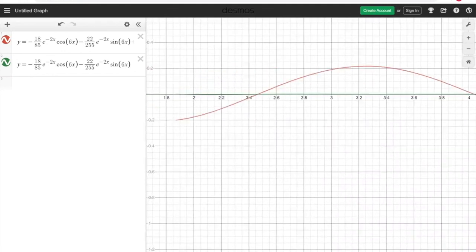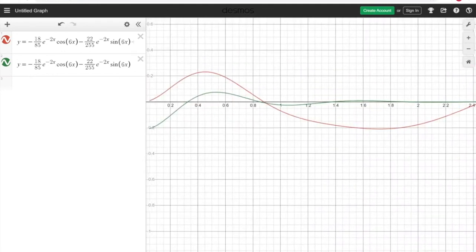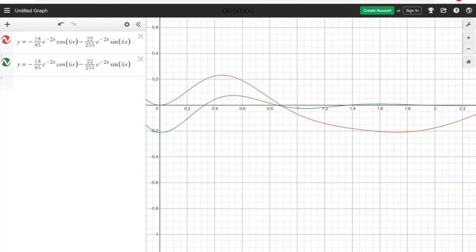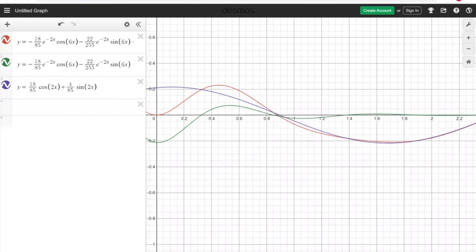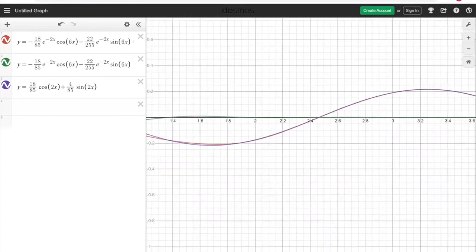So let me draw the steady state. Steady state could be different at the beginning, but later, whenever your time is getting bigger, that part will be exactly the same as the general solution part, right? So let's do it. This purple one is the steady state, okay? So at the beginning, it is totally different from the general solution, which is the red one. But when time is getting bigger, you see,